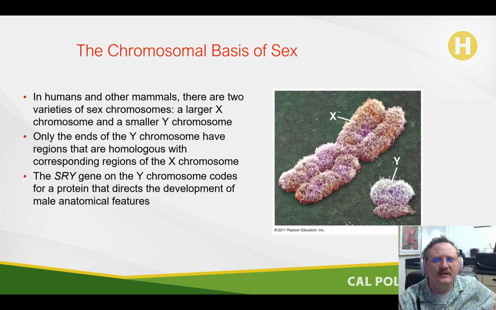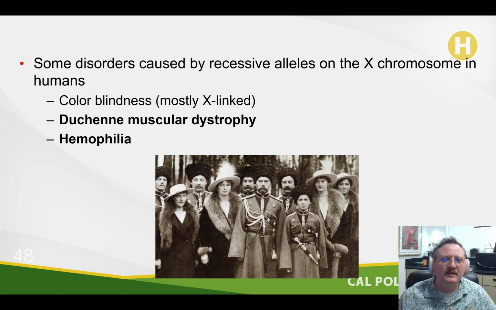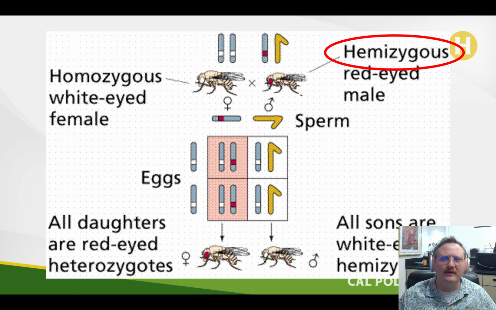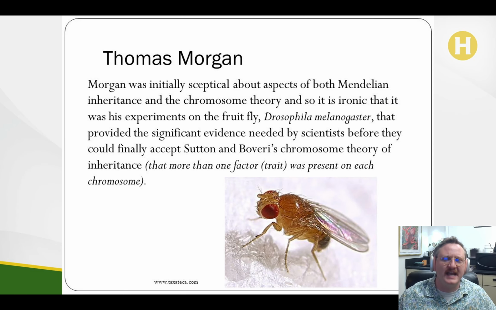All right? That means that inheritance patterns are going to be different between males and females when you're looking at characteristics encoded on the X and the Y chromosome. Okay? So the important thing here is going to be looking at the notation so we can make predictions of